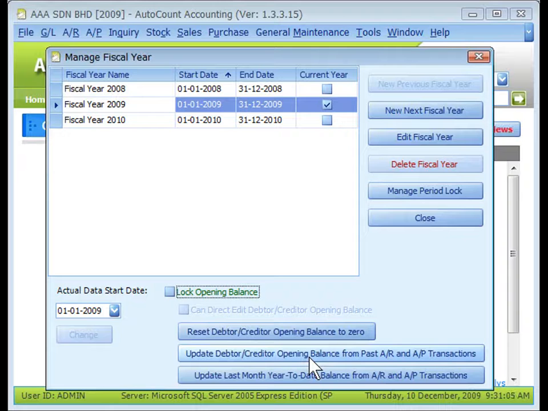Update last month year-to-date balance from AR and AP transactions. The system will calculate from related AR and AP transactions and update to the last month of year-to-date balance maintenance. I'm talking about the debtor and creditor account. This feature is used only when the actual data start date is later than the current fiscal year start date, and the checkbox of balance brought forward in the last month of year-to-date balance in Tools, Options, General Application Setting